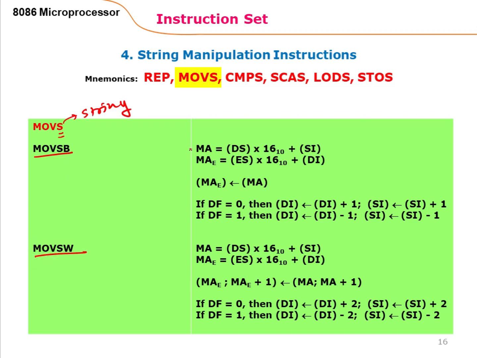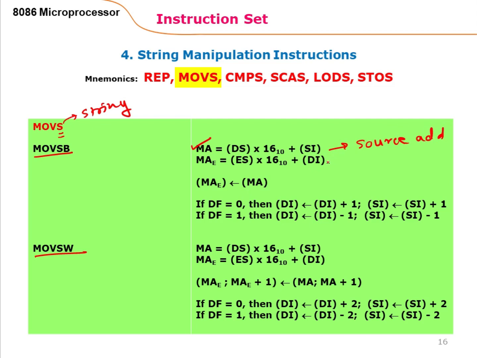We have already discussed how to calculate the memory address. As it is a string operation, the memory address is calculated by multiplying the data segment register by 16 and adding the source index. This will calculate the source address,